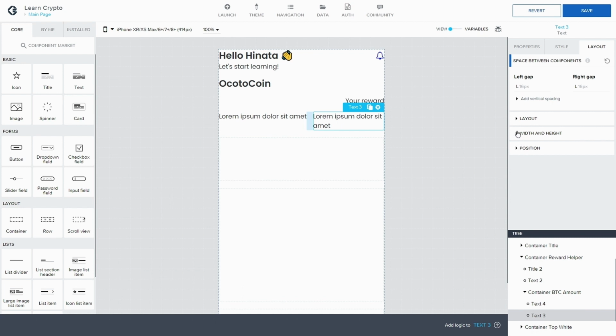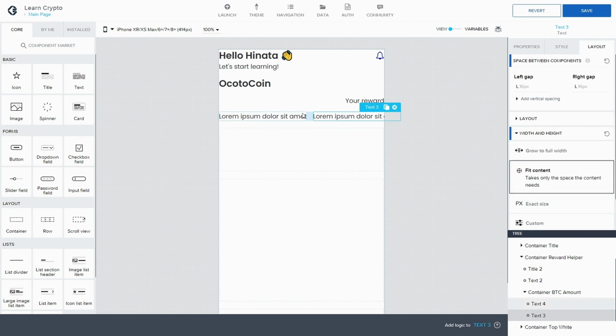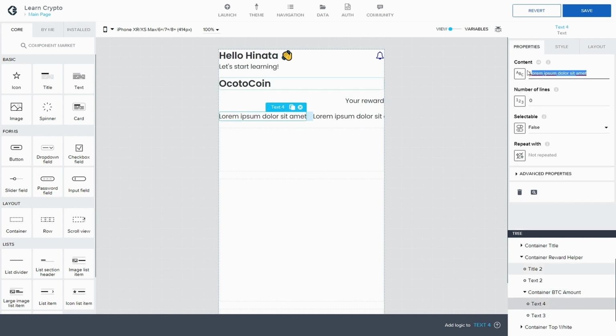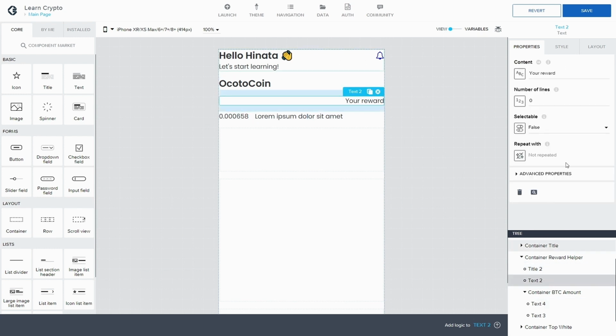That one we want to fit 2. So both fit perfectly. We just change the text on this one. This one will be 0.0000658, and then the other one is